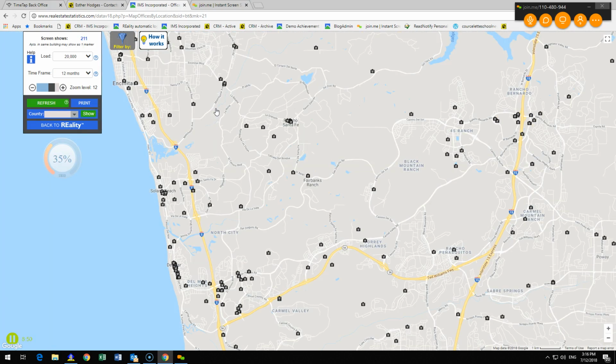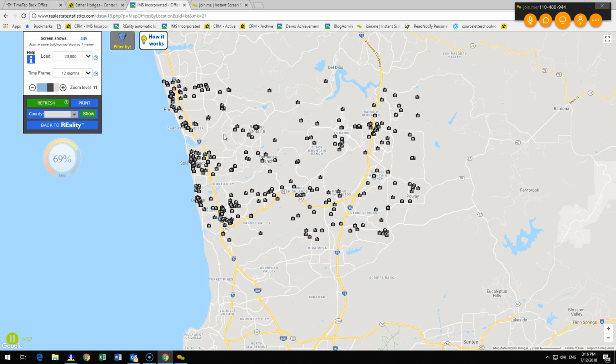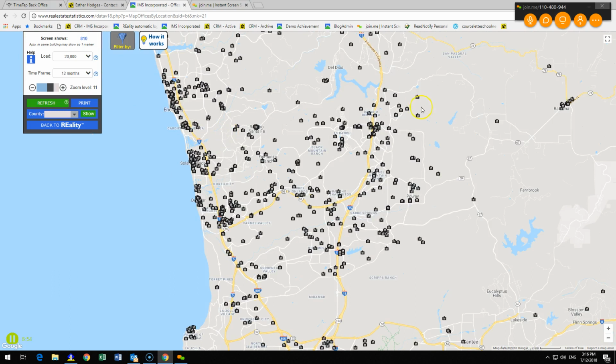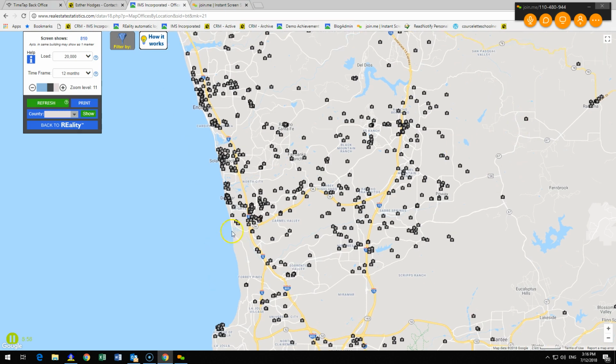And I'll probably stop it at some point, because there's probably thousands of them. So you can see it's just generating where every office is in this area, okay? And what you can do is click on them and see who they are and so on. So this one right away, and this would actually take me to my next icon in the Google functions, and